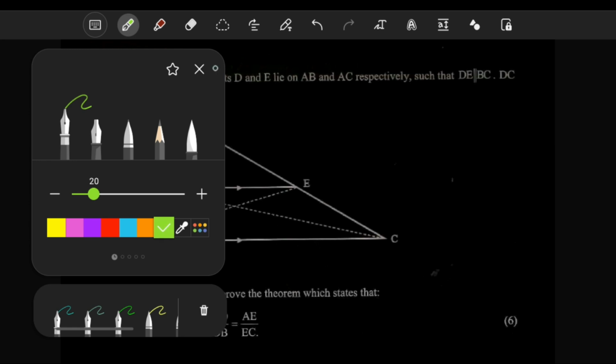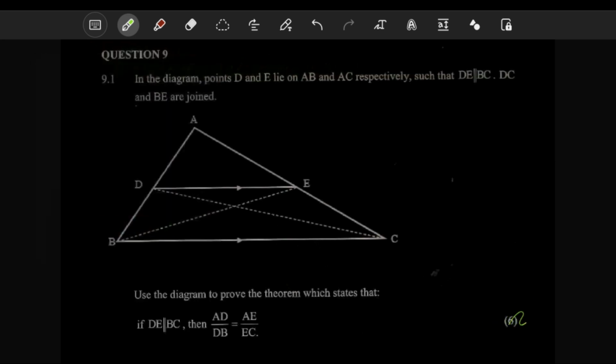It's just like, this is such a common proof. So just make sure you at least know it. The idea here is they said in the diagram points D, E lie on AB. Yes, there's AB here, D is there. There's AC here, E is there. Respectively, such that this DE is parallel to